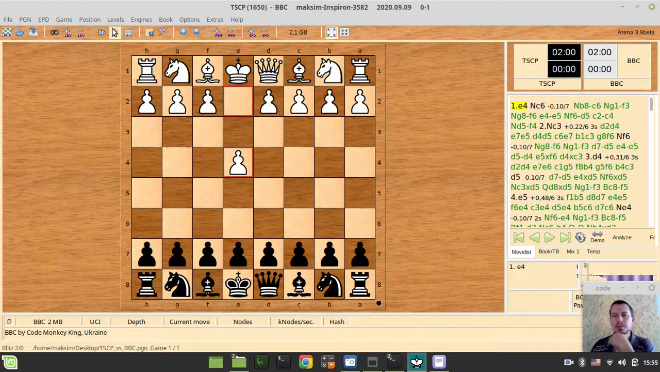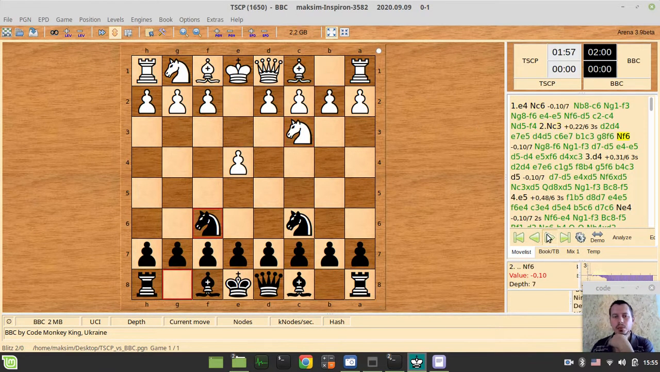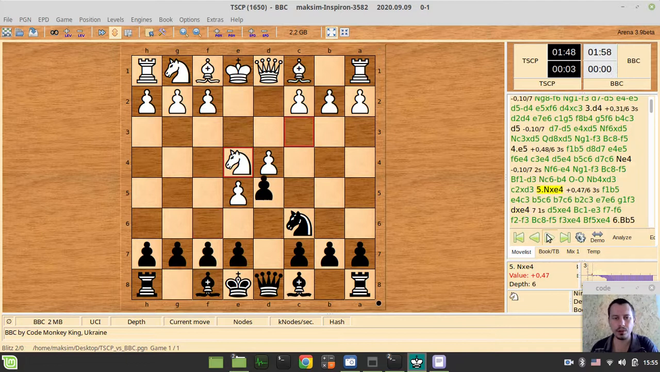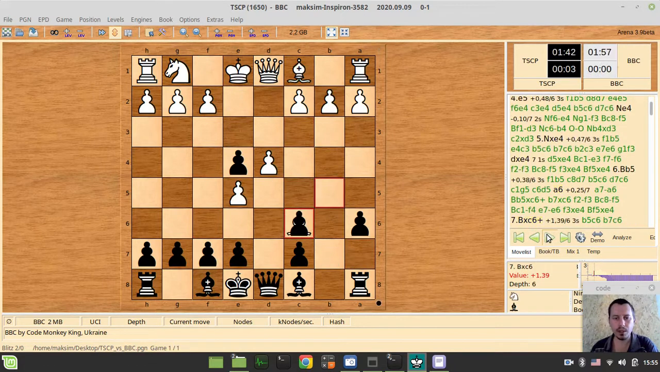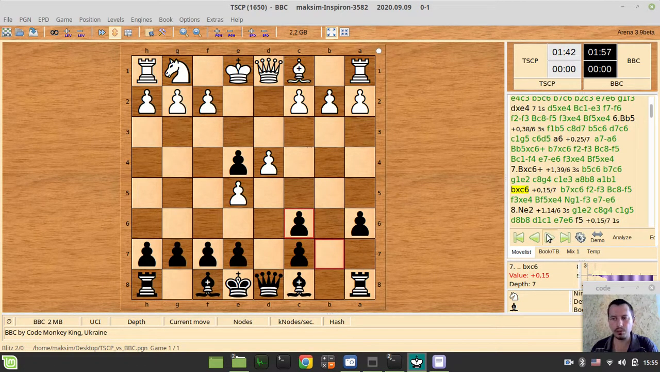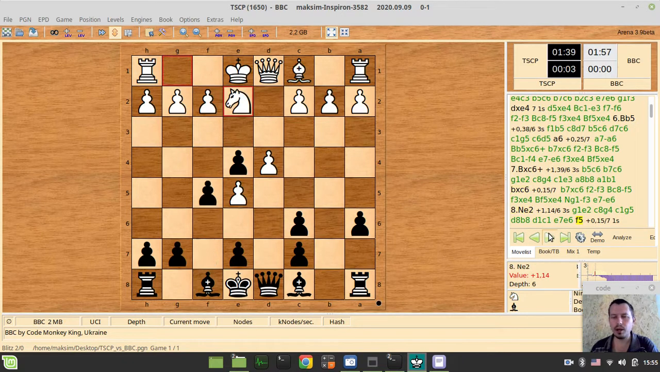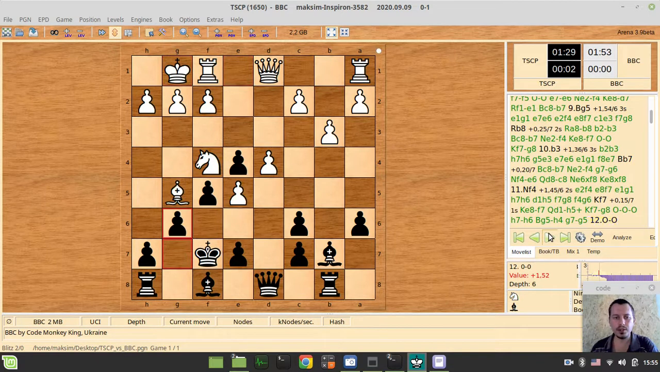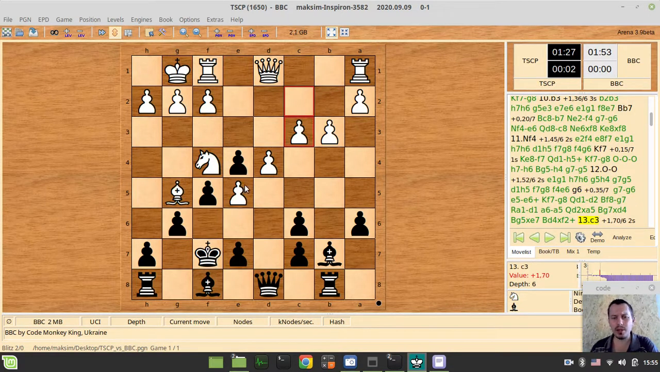So BBC was playing black versus TSCP, and we have this. Oh, it's not a Queen's Gambit Decline. Sorry, I just fooled you guys. It's just some variation unknown to me. I was just thinking that it was a Queen's Gambit Decline. Even though it didn't castle, and the position out of the opening is absolutely awful, because